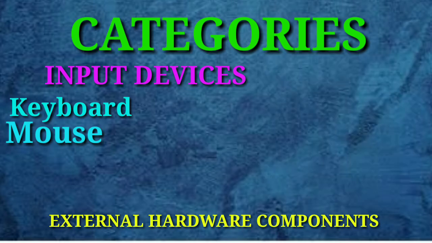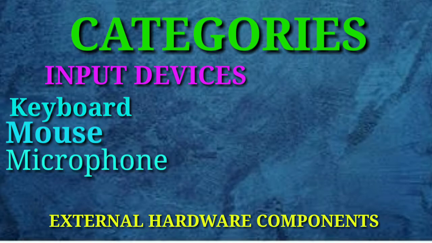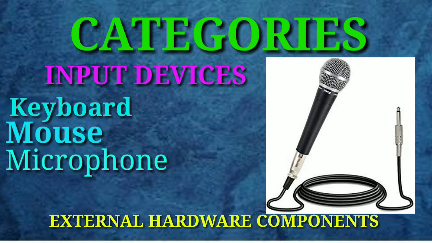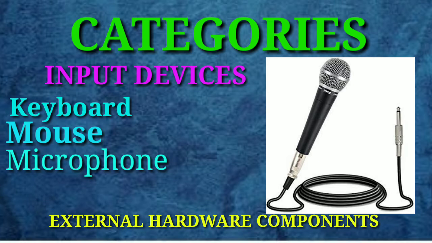Next, another input device, that is microphones. The microphone, often called a mic, provides audio as an input to the computer and is a transducer that converts sound into electrical signals. That helps to take input, maybe for singing a song, maybe for hearing aids, maybe for public speaking, or in some cases in telephones we are using microphones.